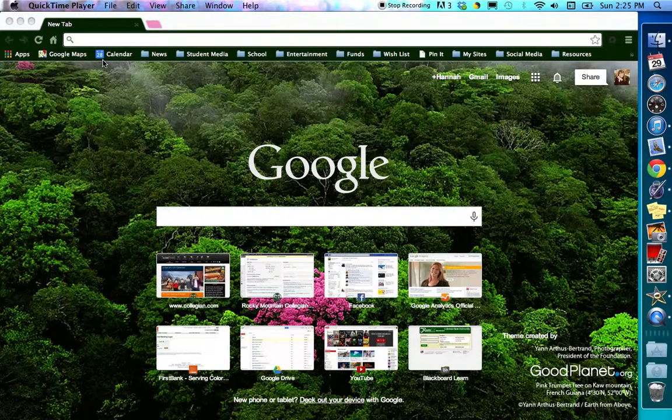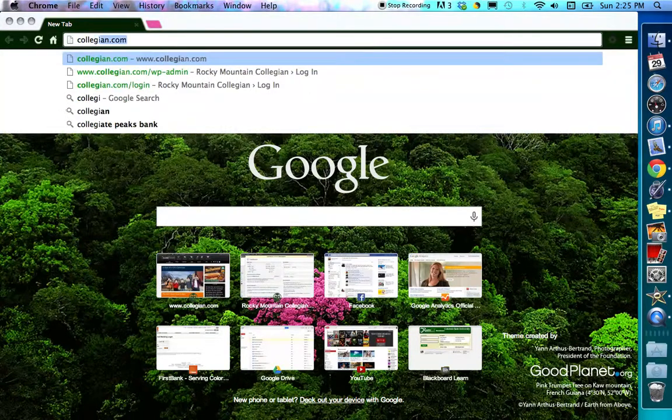Hello everyone, my name is Hannah Glennon, and I'm going to show you how to publish an article on the Collegian.com website. So first, to log into Collegian.com, you're going to want to type in the URL